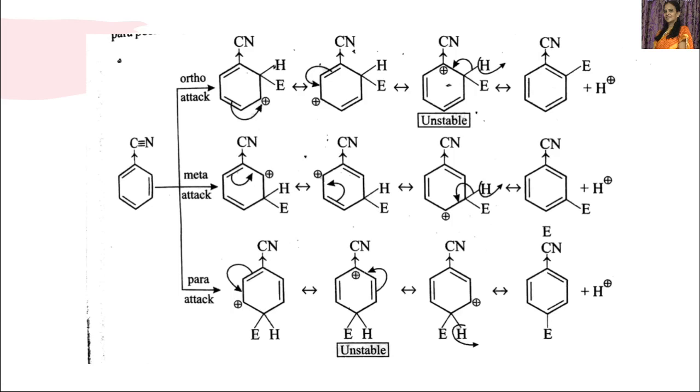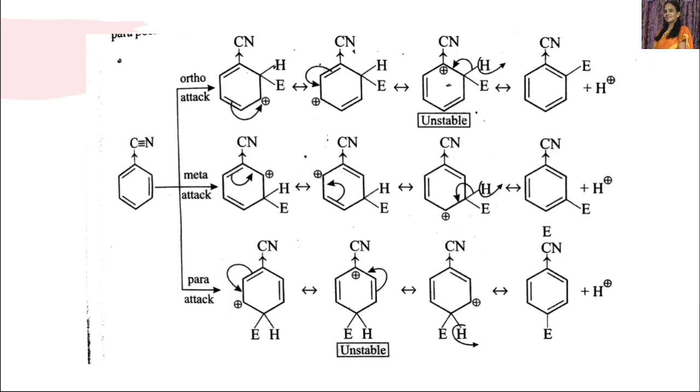If the incoming electrophile goes to the ortho position, you can see here an sp3 carbon is generated, and a new sigma bond is formed between this carbon and the electrophile at the ortho position. The adjacent carbon bears the positive charge, which is delocalized with the rest of the two pi bonds. Thus, the positive charge is delocalized, and we get different resonance structures, or mesomeric structures, where the positive charge is present on different carbons: here the meta position, here also the meta position, and the fifth position,